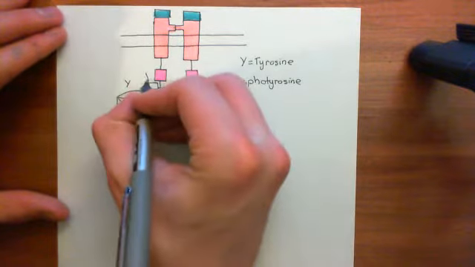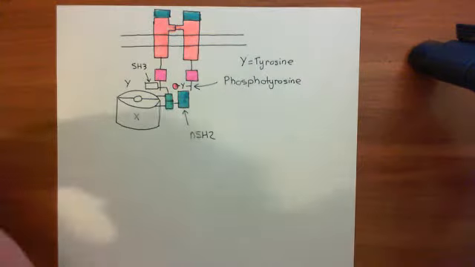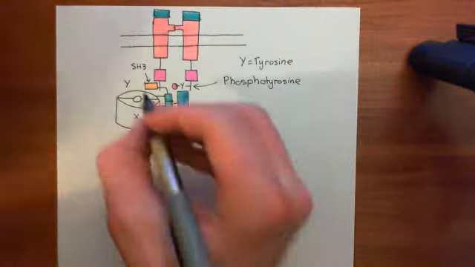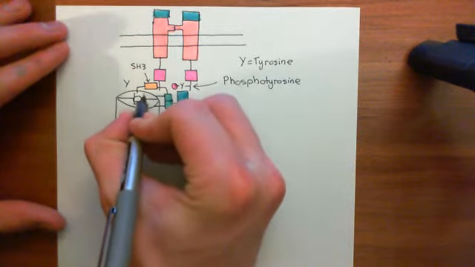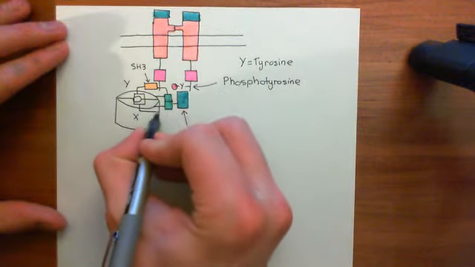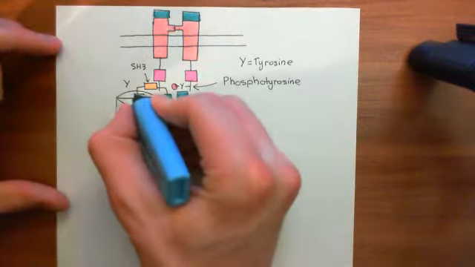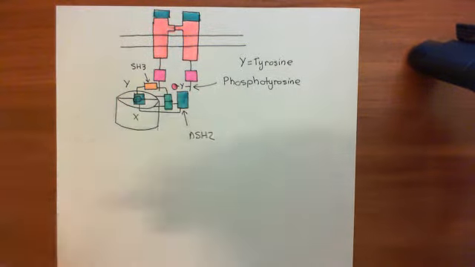So here we'll then have our SH3 domain. Okay, so I'll colour that in orange. And then finally, in between the SH3 domain and the NSH2 domain, we have the CSH2 domain here. Okay, so this portion in blue is still bound over the catalytic core and is therefore stopping the enzyme